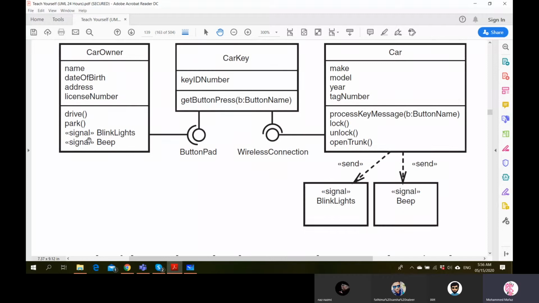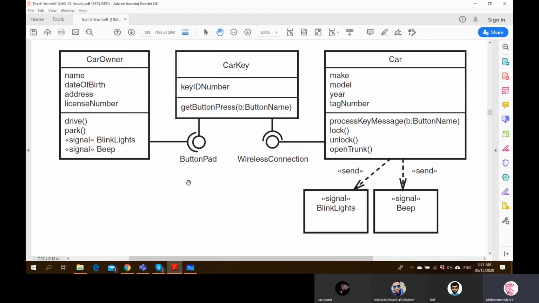And if you look at the car owner now, the car owner also needs to receive these signals somehow. So either he has to understand the blinking light, or he has to understand the beep. That's why we have added this also into the car owner class. But as you can notice, this doesn't show the behavior. As you see, the class diagram is only the static view, the fixed view.